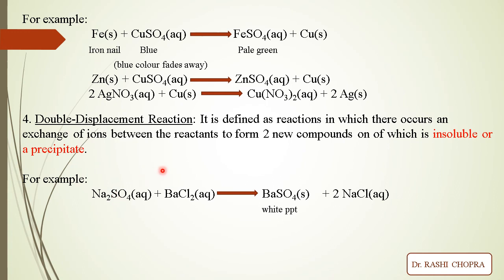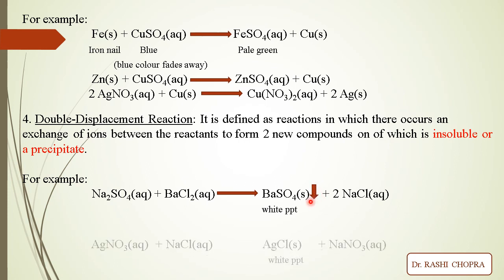Another important thing is that there is no precipitate formation in a displacement reaction, but there is always precipitate formation in a double displacement reaction. So just by looking at the reaction, you can say whether it is a displacement or a double displacement reaction. The precipitate remains in the solution, and its formation is always denoted by an arrow pointing downwards. If the arrow pointed upwards, there would be a gas evolution.